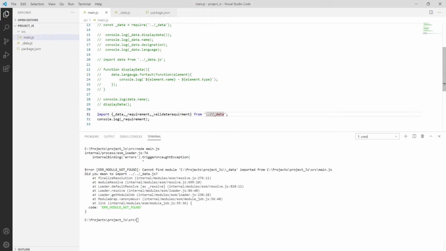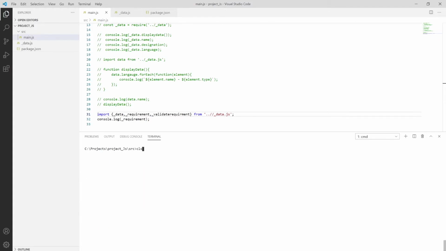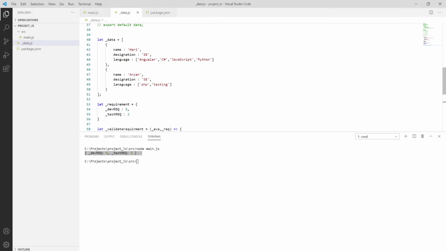Okay, let me put from .js, save it, try to run this. Okay, I forgot to give the file name with the extension. So here, as you can see, let me clear the command and try to run this. As you can see, we are getting the data for the dev requirement and the test requirement which we have set over here.